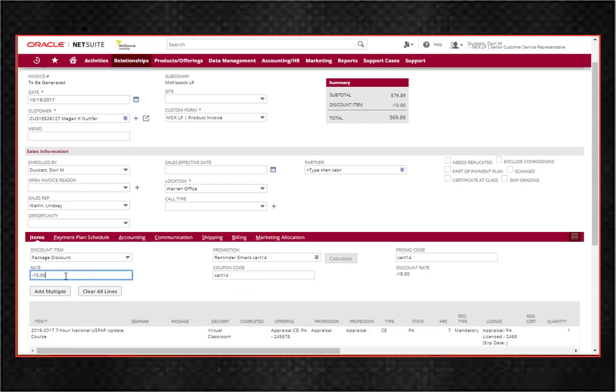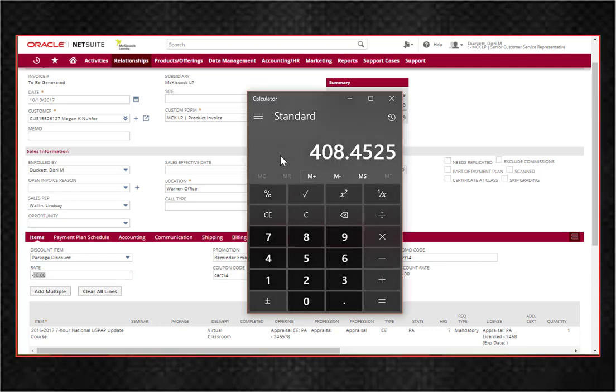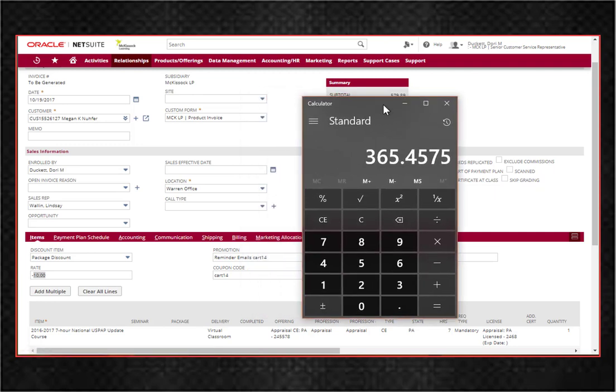So what I'll need to do is actually change that rate to give me the total that I need. So using my math again, I'm going to, for $429.95, enter the total of the package, and now I'm going to subtract or multiply, excuse me, 85%, so 0.85 to give me that 15% total balance here. So the new package would be $365.45. So I'm going to enter that number here